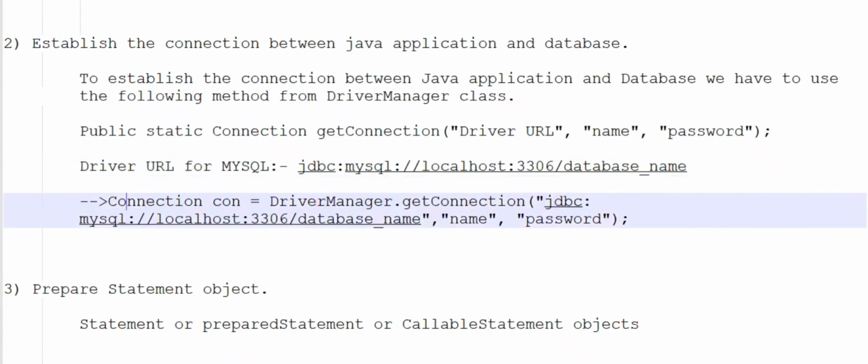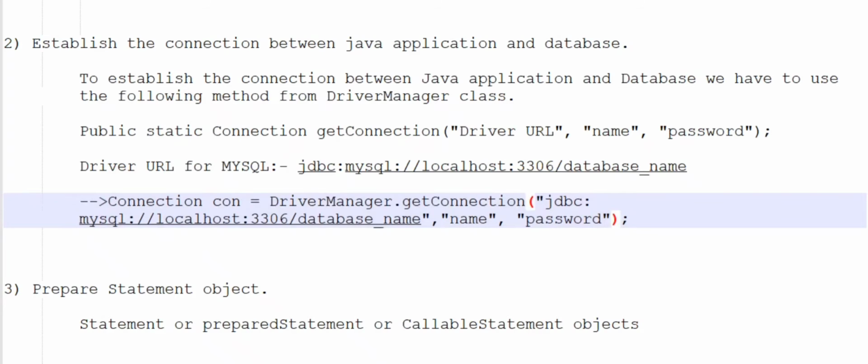So in our code, we will write Connection con = DriverManager.getConnection with driver URL as jdbc:mysql://localhost:3306/ database name, and database login name and password.